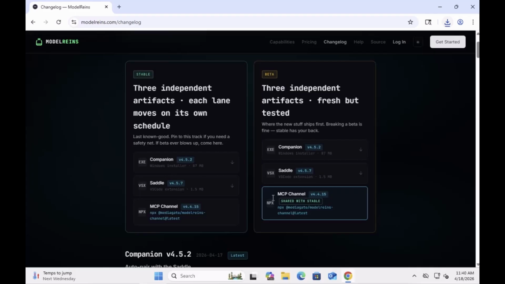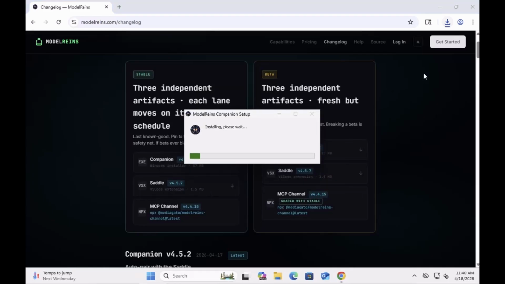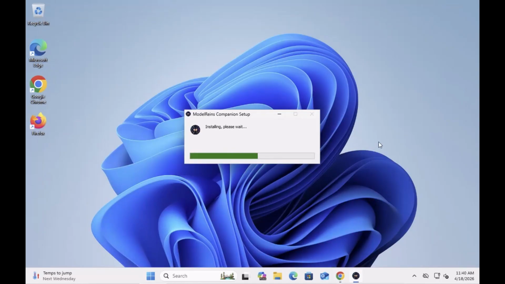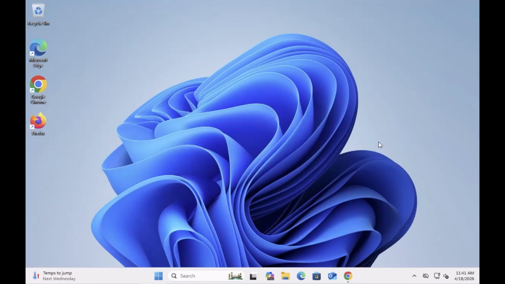So grab yourself the companion, fire it up. It will begin the process. You've also got the saddle there. We'll explain that in the next video. So this is a fresh install of Windows in a VM, so it's going to probably prompt us along the way for Windows stuff. So it's going to load up your ModelReins Companion,